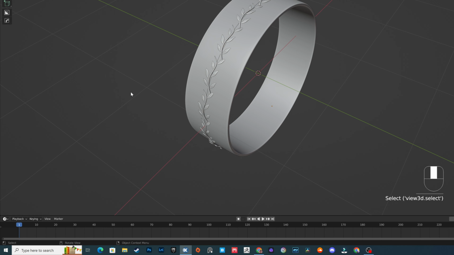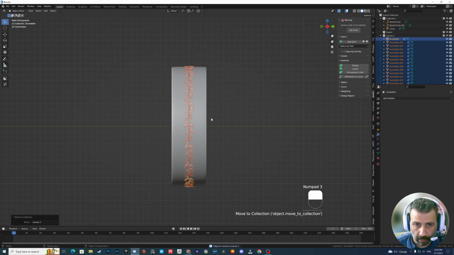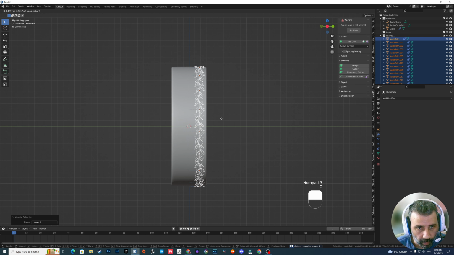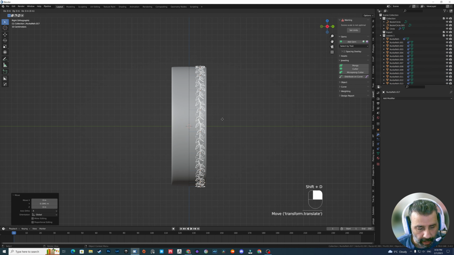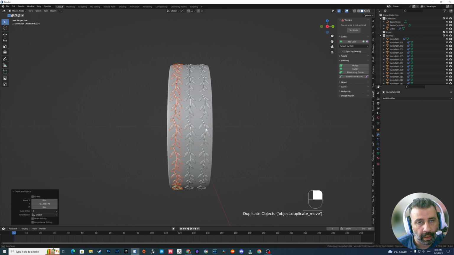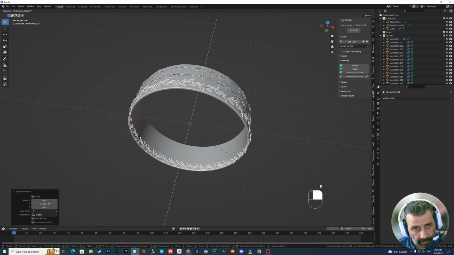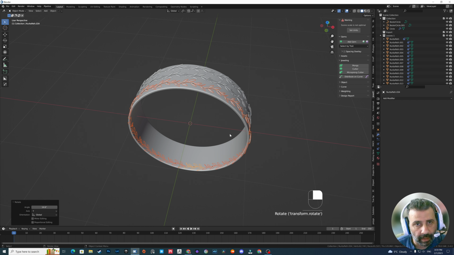So this is good. To a new collection, leaves one. Go to the side view, move to the y-axis, make a copy, move to the y-axis to the middle of the ring, another copy, and the same. Now if I rotate those to the y-axis, I will have something like this.